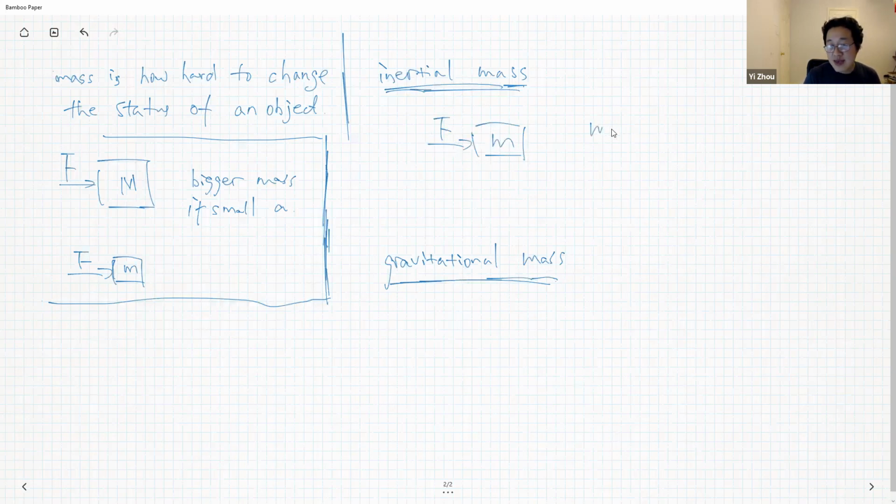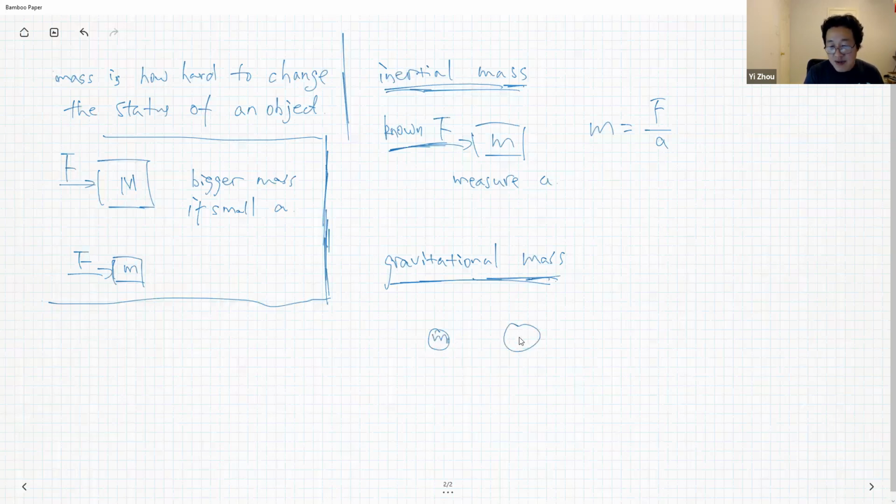And then you measure the acceleration, A, right? So the mass is some force divided by the acceleration. So inertial mass is basically how hard a known force can change the acceleration, can change the velocity of the mass. And gravitational mass is actually a different thing, because from the universal gravitational law, any two objects,